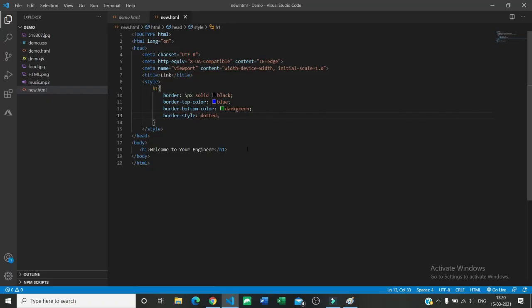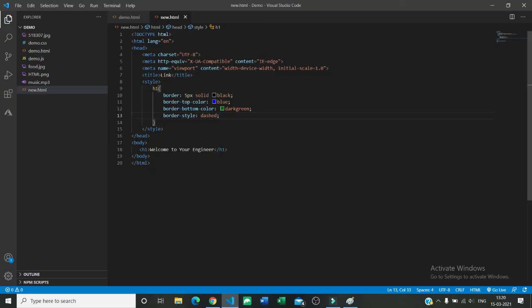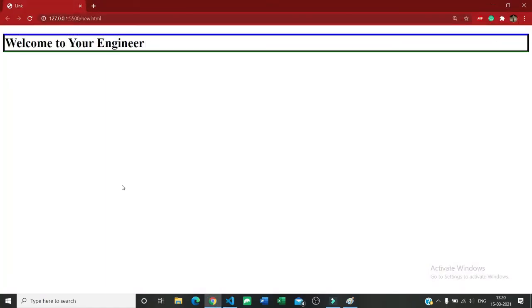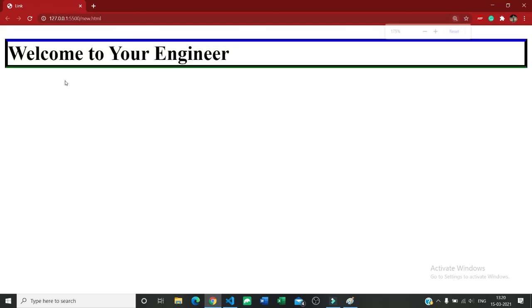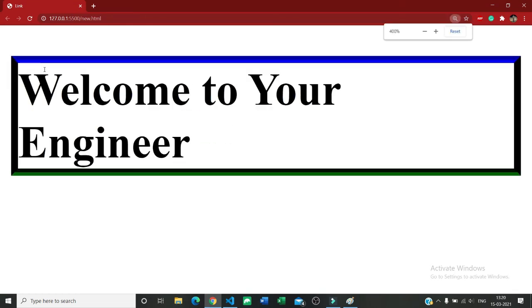Now if you want to give dashed, you can give dashed here. So it changed from dotted to dashed. You can give groove. So you can see that there is a groove. So in groove there is a black border, and inside it works like a piping. You can see that the border works like a piping. So that's what groove is all about.